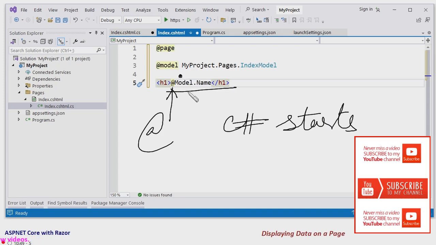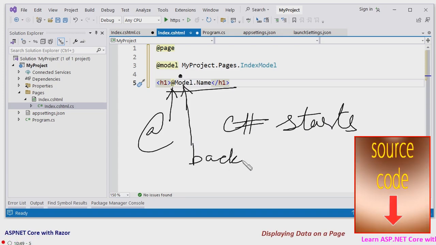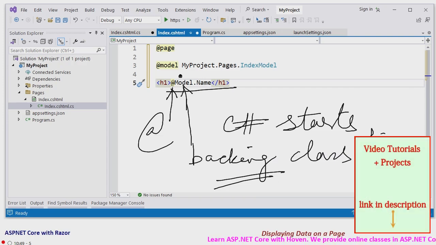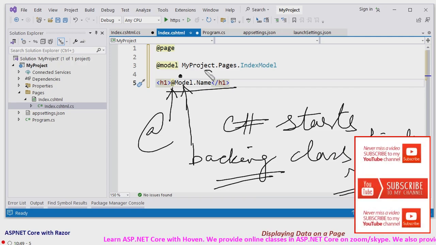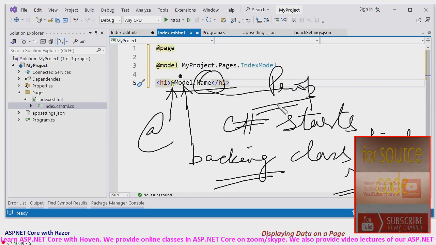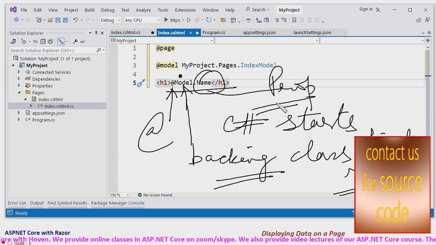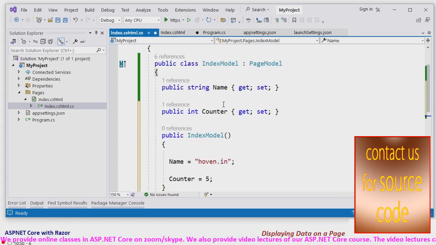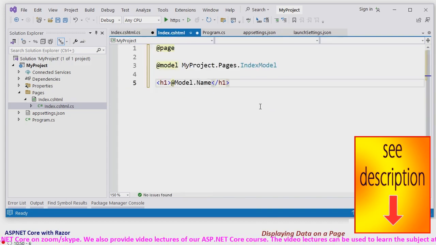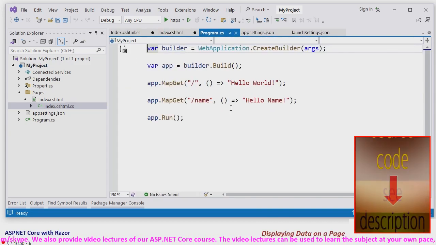So this marks the point where C# starts, and Model is the reference to the backing class instance, and Name is the property that we set there. So this is how we show the Model.Name property. This is what will be shown in the h1 tag.